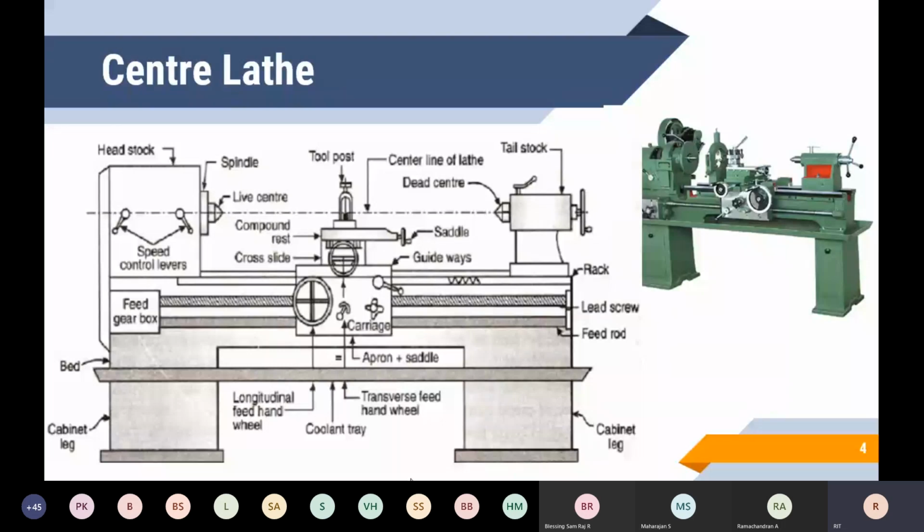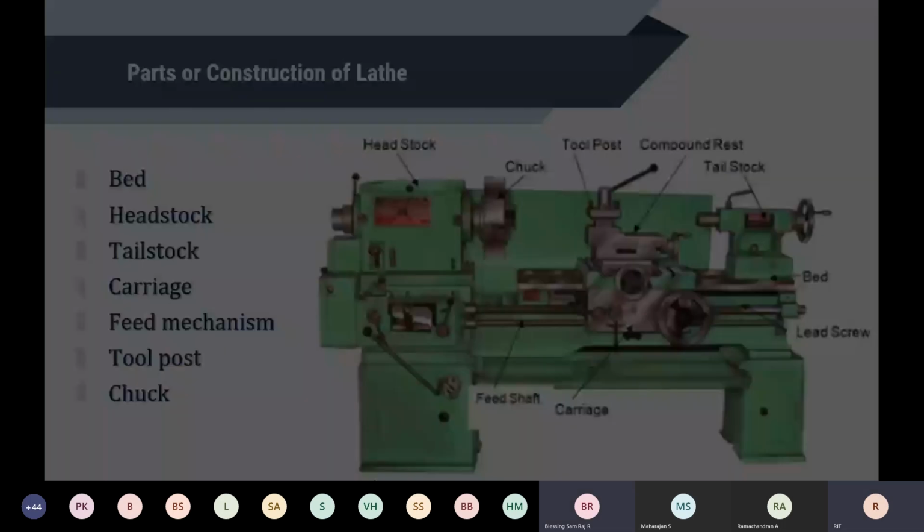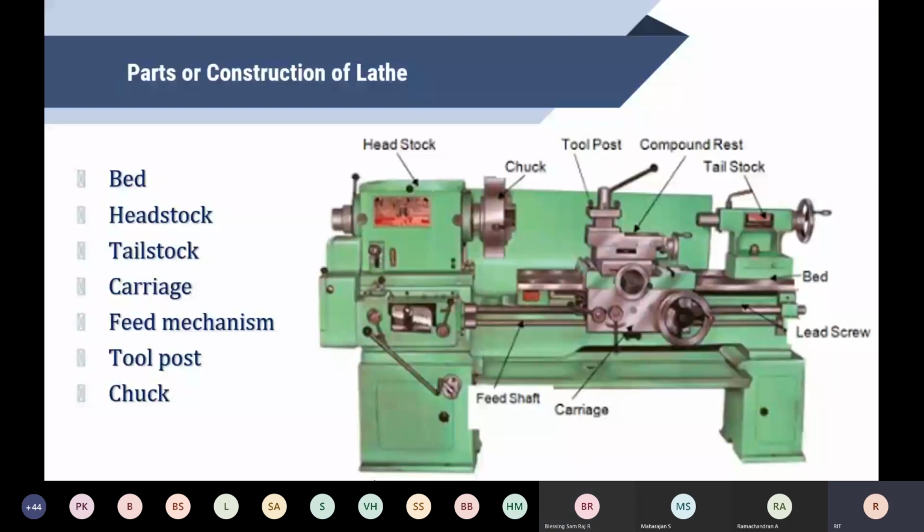You can see the center lathe in the diagram showing all the important nomenclature of the lathe. Normally the lathe is the father of all other machines. Just as every home has a television, every workshop has a lathe. It is a basic machine tool used to remove unwanted material from the workpiece to get a desired shape. It's generally used for machining cylindrical workpieces. That was a drawback in olden days, but now we are moving towards machining any type of component using the lathe machine.